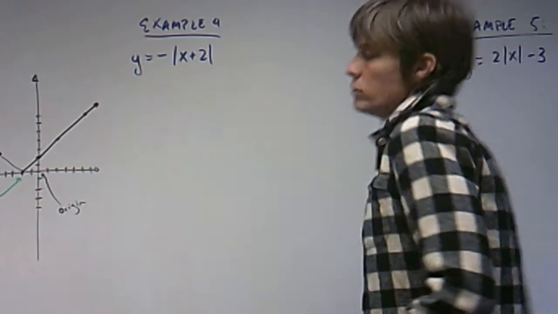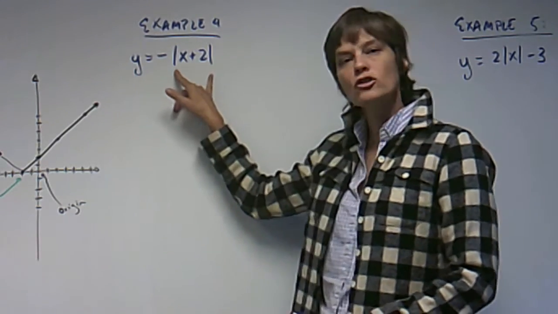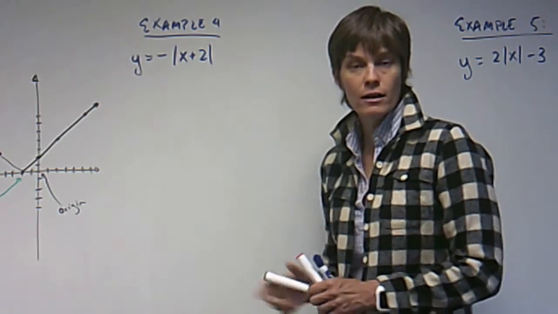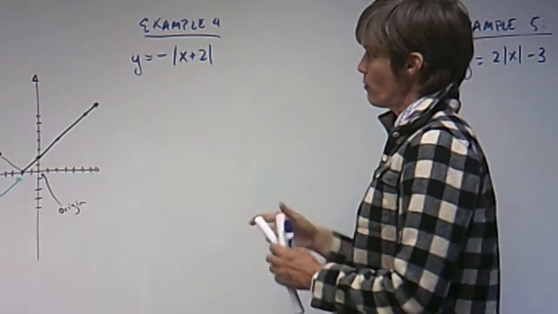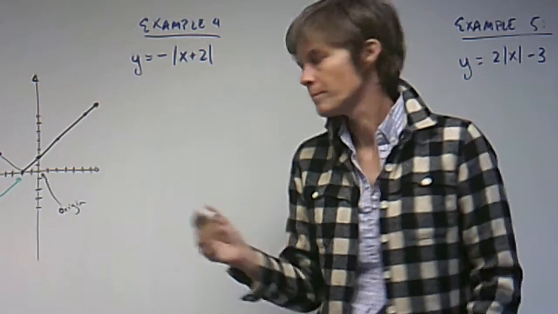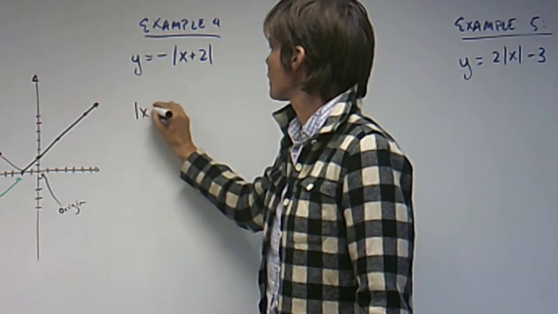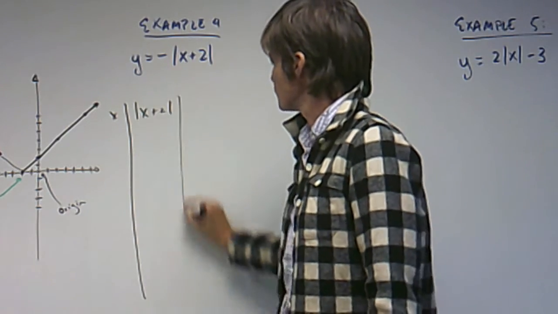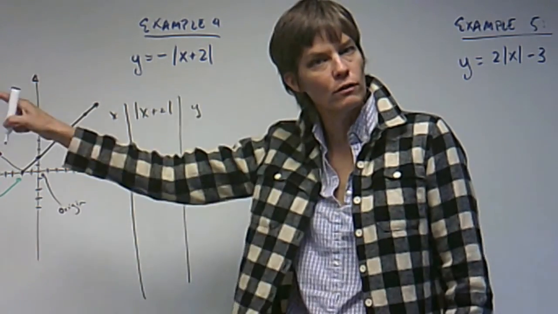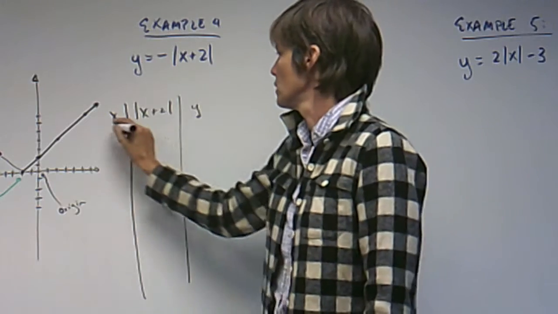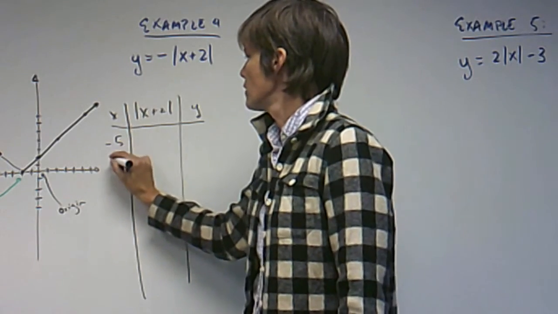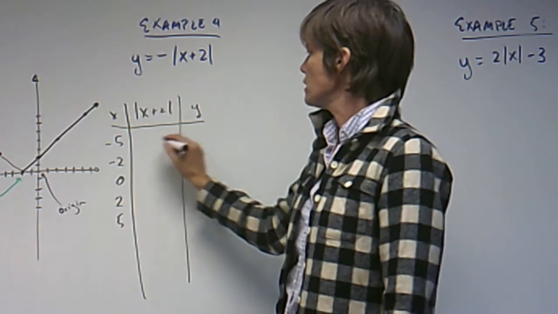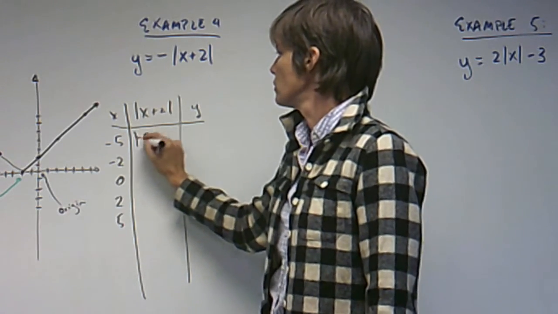The next example. Well, what makes this different? This is actually exactly the same as the one we did over there. So I'm just going to graph it, knowing that I know the points. The points were, the absolute value of x plus 2, and I use the points. Here's x, and there's y. I'm just recreating what we did over there. Okay, if you have to watch the other video, see it. We had picked -5, and -2, and 0, and 2, and 5, and I put it in here, and lo and behold,